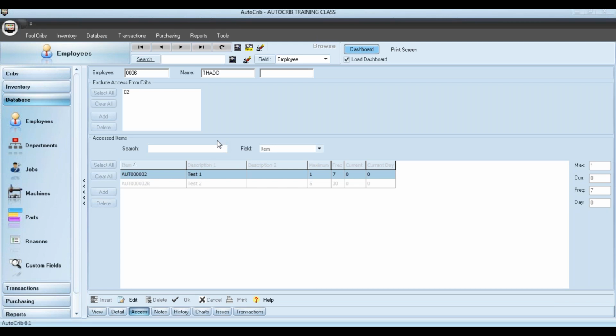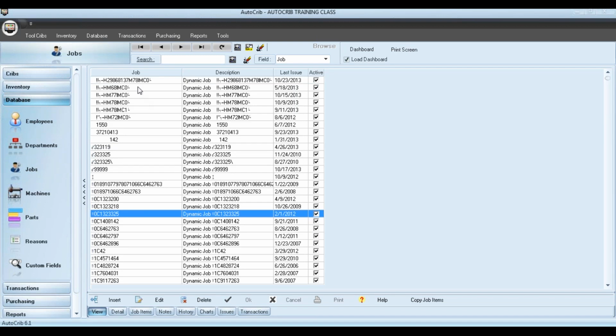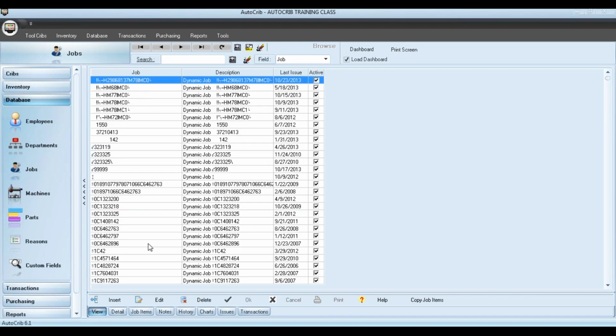So next we're going to take a look at job access. Job access enables items to be filtered at the machine's issue screen by the job number. First, you would need to have jobs set up under Database, Jobs. Then you would select the job